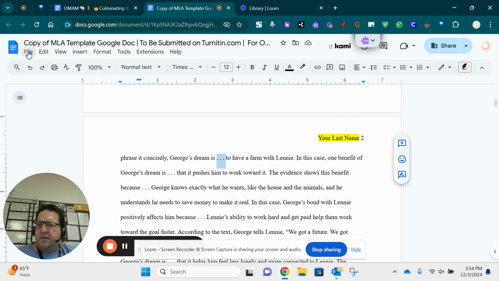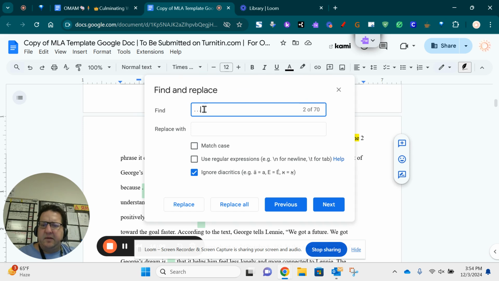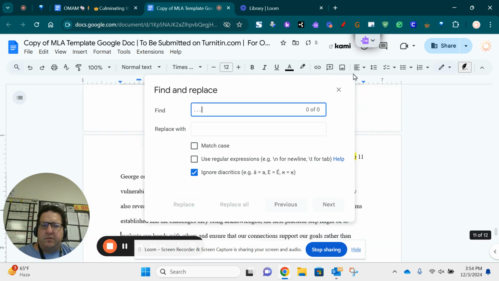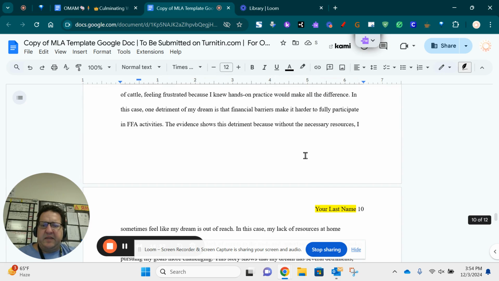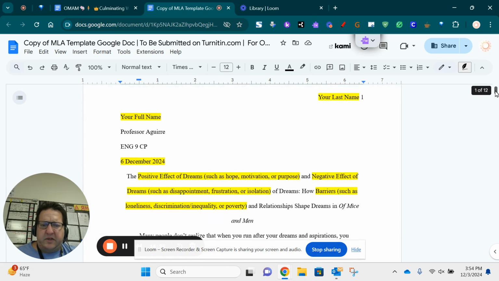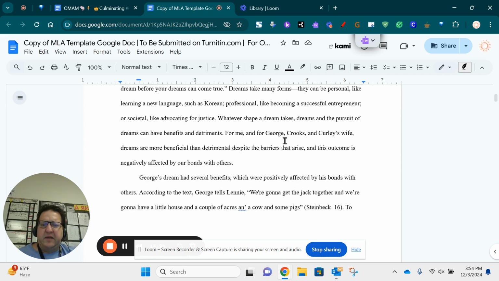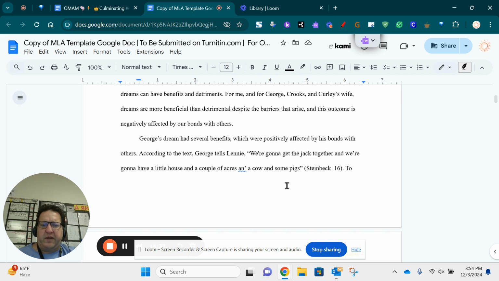Copy, file, edit, find and replace. And see, I'm making sure that it's doing it correctly. It has a space, and then blinking. Okay, and it's also telling me there are 70 of these in here. And then I'm going to do replace all. Okay, that gets rid of most of the stuff that I had in here. I mean, it was in here to help you out, but nevertheless, it's not going to look right.